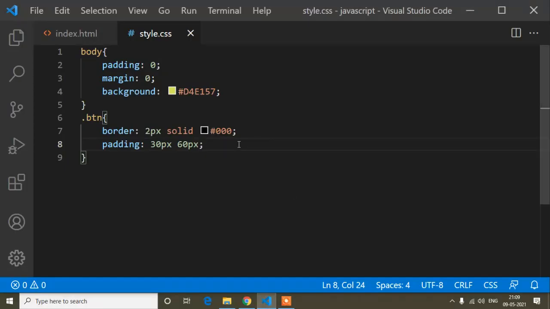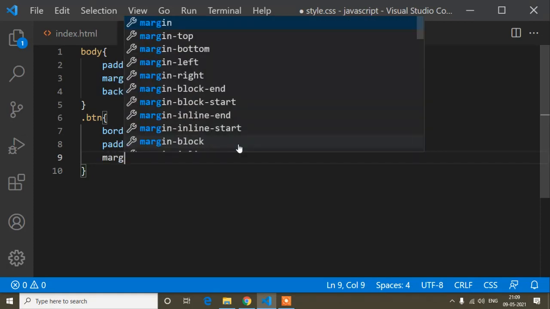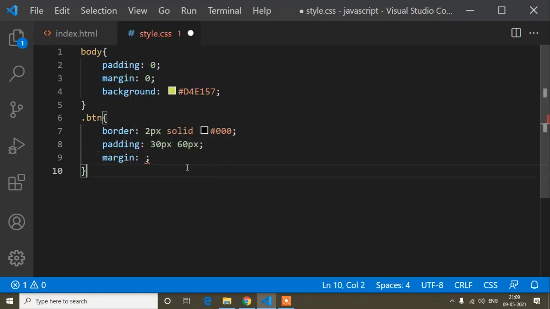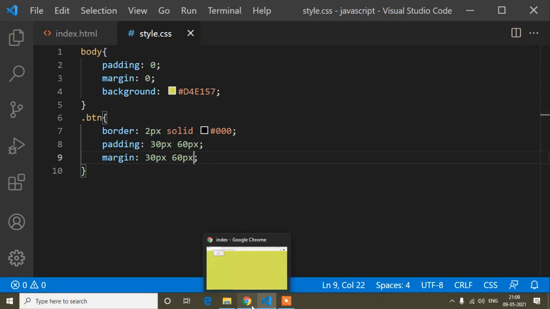Okay, so padding always affects the inside of the container, but margin adds space outside. Suppose I add margin to this button, here I have written 30 and 60 pixels. If I add margin, it will affect the outside of this button.